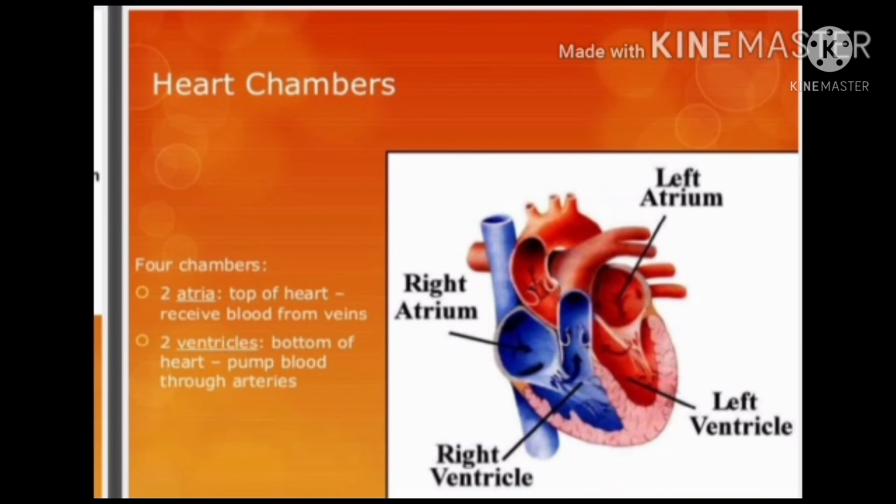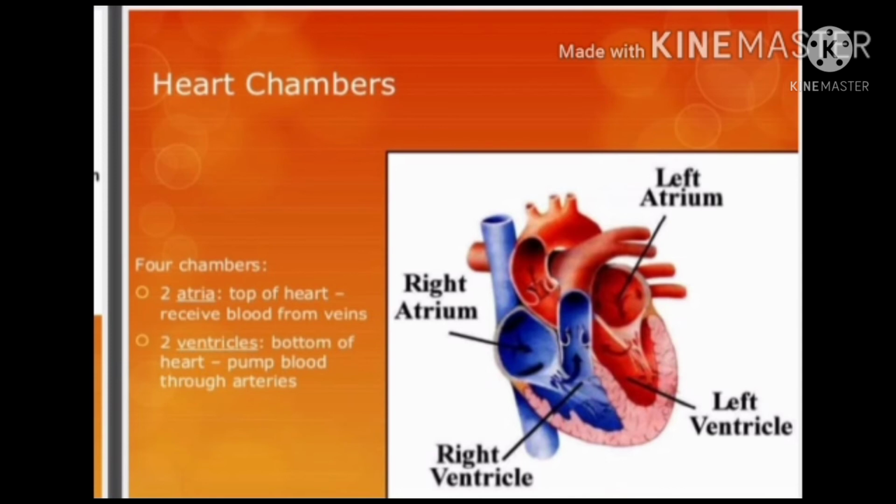The heart is situated between the two lungs in the middle of the thoracic cavity, and it is surrounded by a tough two-layered sac that is known as pericardium. The pericardial fluid is secreted in the pericardial cavity between the pericardium and the heart. This reduces the friction between the heart wall and the surrounding tissues when the heart is beating.